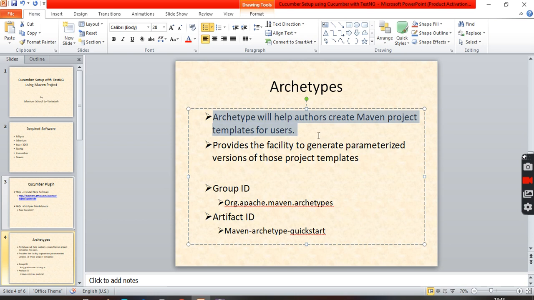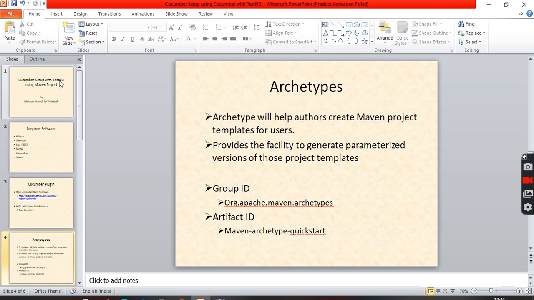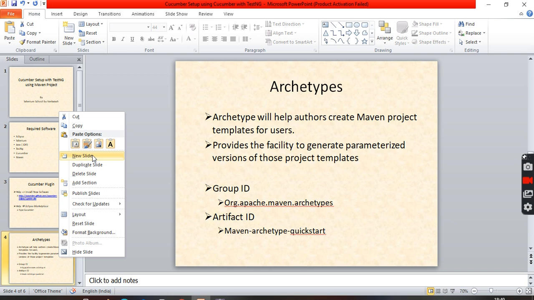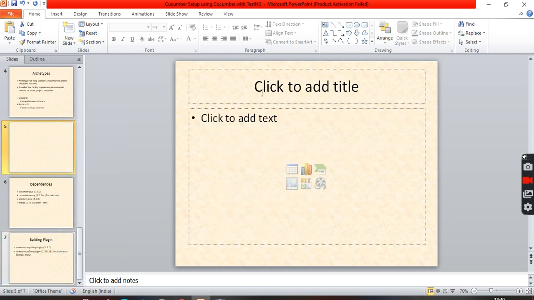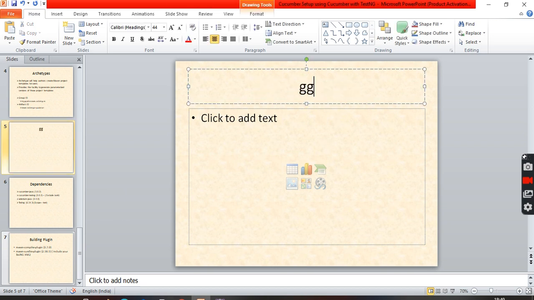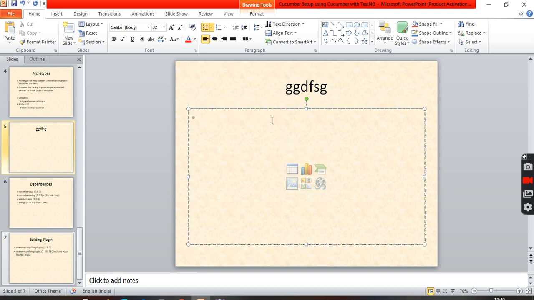It means what? Let's go to the normal layman's language perspective. What is this actually? If you see here, this is a presentation, right? If you see in the background, what is it actually? Some color, right? No, I want some different color and different format also. Right click, go to the new slide. What is that actually? It's a template. What are you going to do? We are going to add some text, some graphics, some images. How are we doing it actually? It's a template.